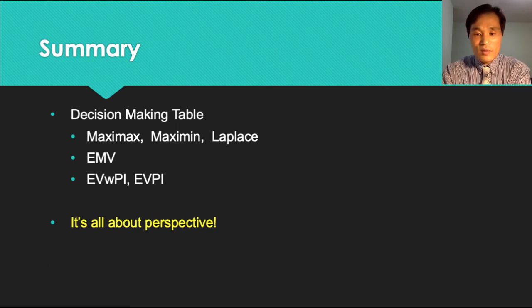As we discussed before, it's all about perspective. Depending on the perspective, you can find different values. If you are a conservative person, then you may go with the max-min. If you are a rational person, you may use EMV. If you are a very positive and optimistic person, you might go with max. And EVPI can be critical information to do more research. I hope this lecture helped you to understand how to evaluate